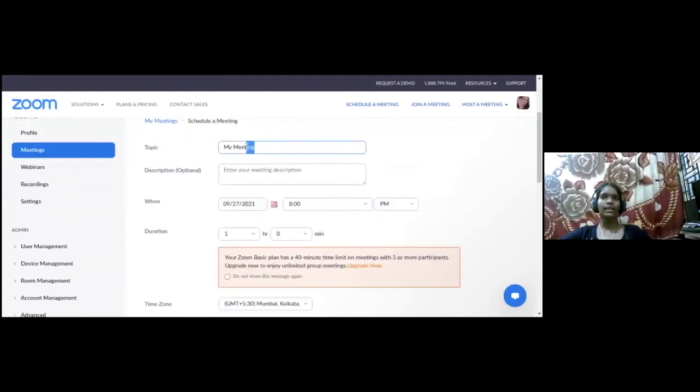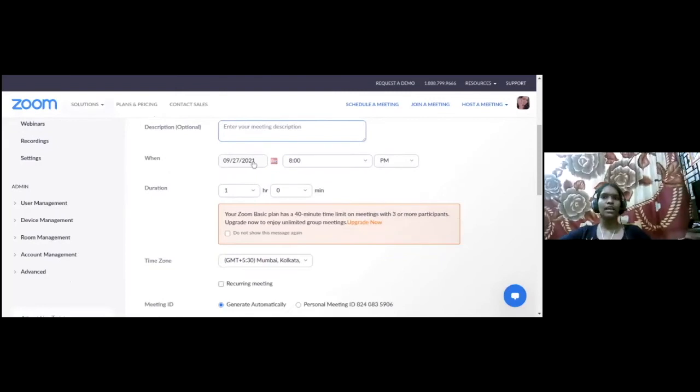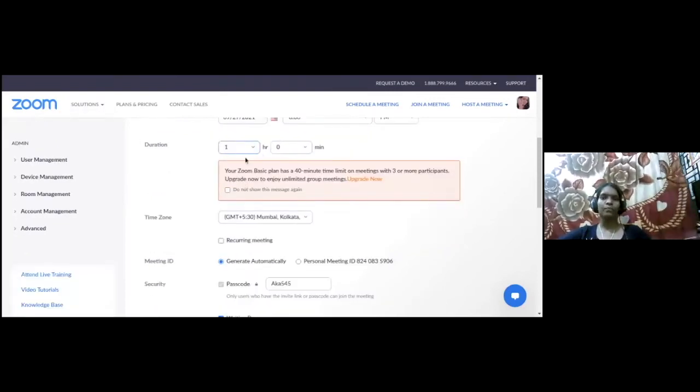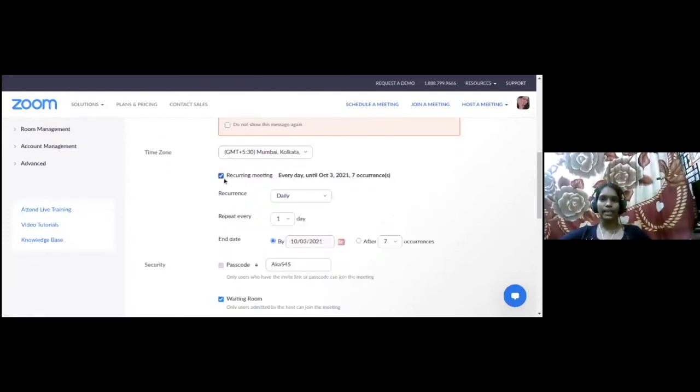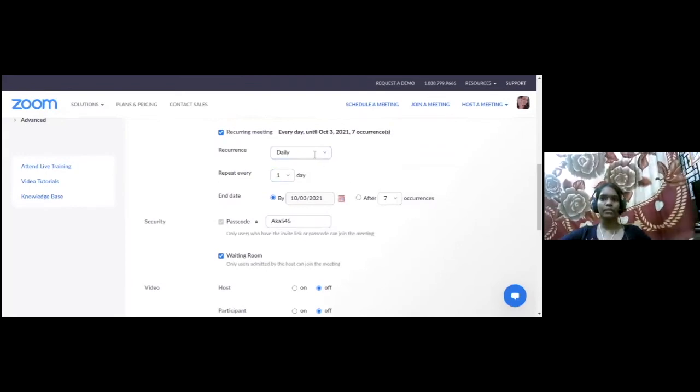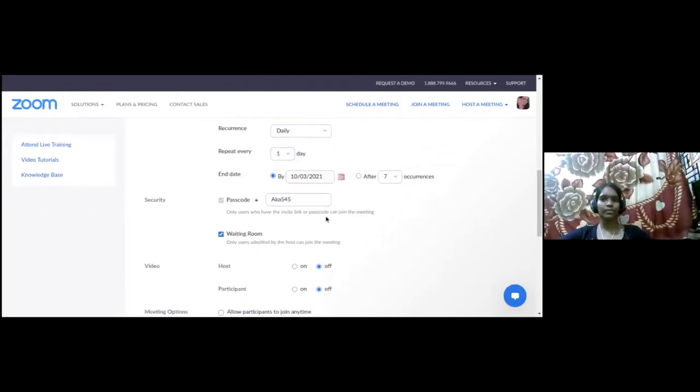If you are handling an English session, you can write English grade 7 classes or English grade 4 sessions. The description is optional. You provide the date of the event and the duration, add the time zone, and if it's recurring, you can click recurring, so the meeting link will be recurring and you can use it anytime.